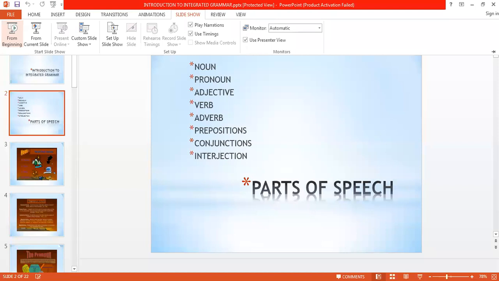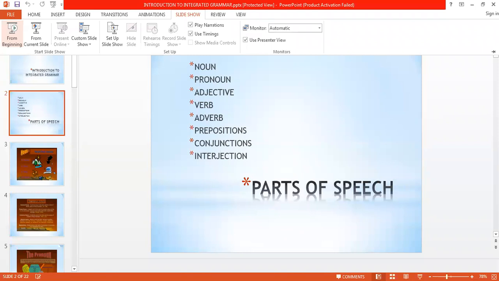We define the things differently. So every type of these adjectives defines the nouns differently. Like adjective of quality, when we define the nouns by their quality, how it is. Like the short lady. So what is the quality of the lady? That she is short. She is less in height. Adjective of quantity, when we describe the thing or a noun with its quantity, like few people, few means only some people. So what is the description given about the people? That few. So few is the adjective of quantity.